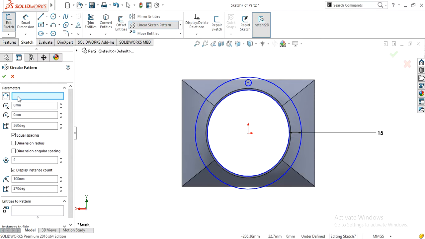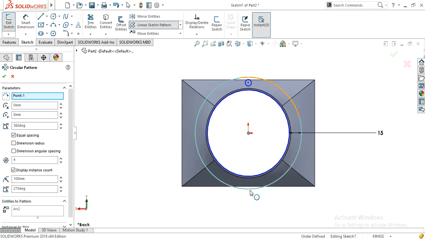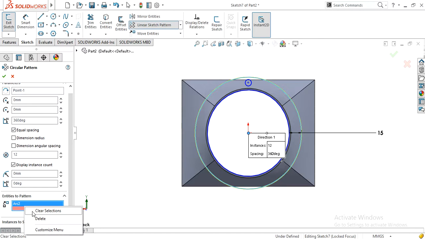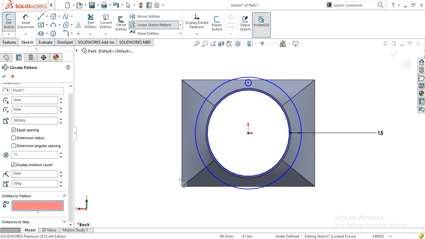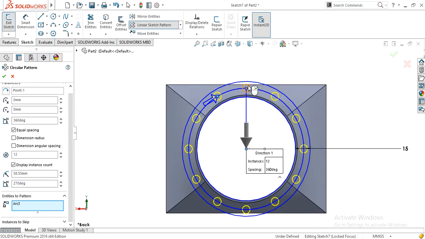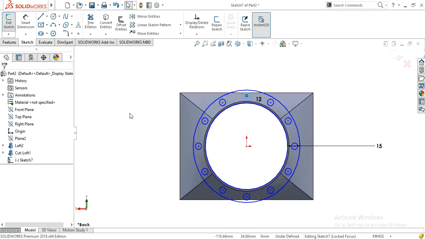The parameters: first of all select this circle, and then quantity 12. Clear this section and select entities to pattern, which is this arc, and then click on OK.